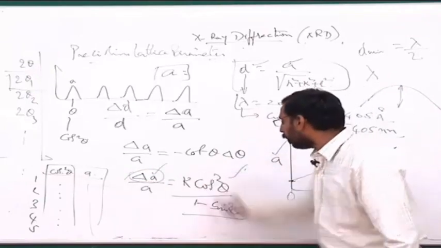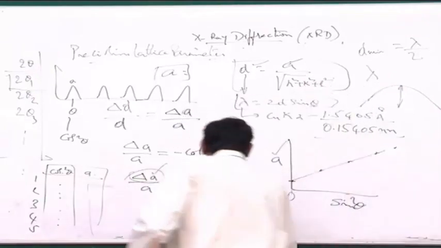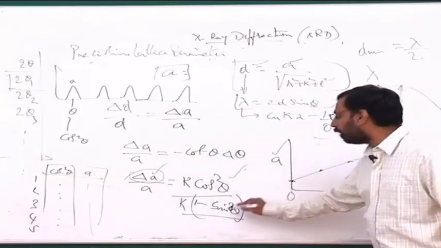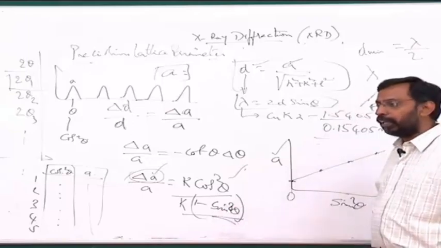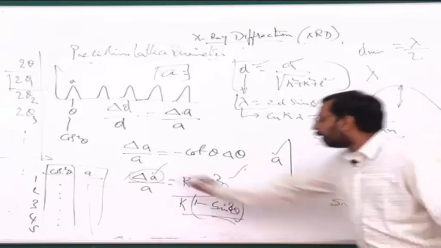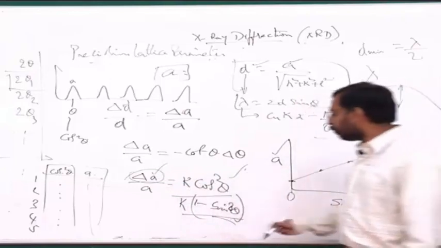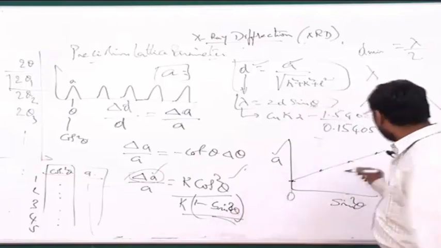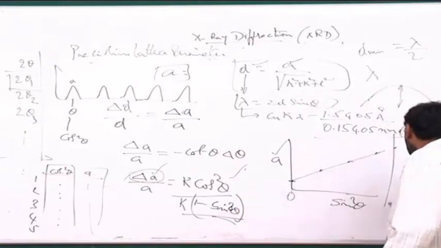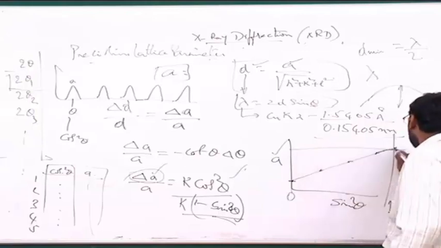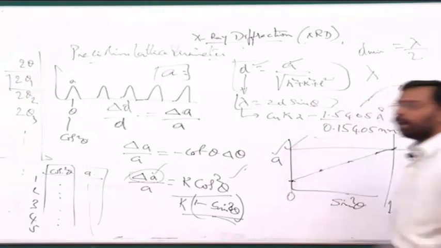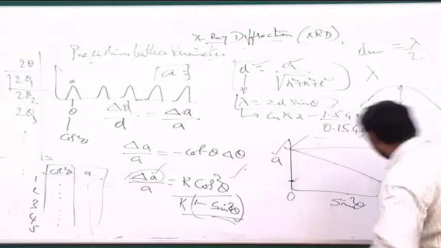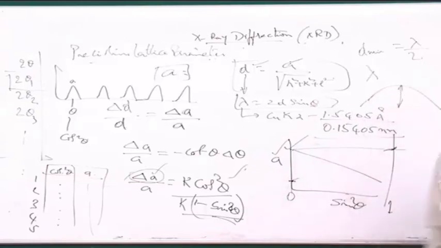So simply you replace this as k into 1 minus sin square theta, plot it against sin square theta, and take that value where sin square theta is 1. Okay, wherever sin square theta is 1, this delta A is 0. So instead of cos square theta being treated as 0, I will take sin square theta as 1 and extrapolate up to sin square theta as 1. And wherever this is extrapolated, that value of A, I read it out as the precise value. Of course, the only difference is, in this case, the lattice parameter may be decreasing like this rather than increasing, as I told you earlier.